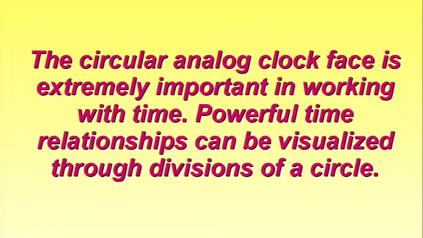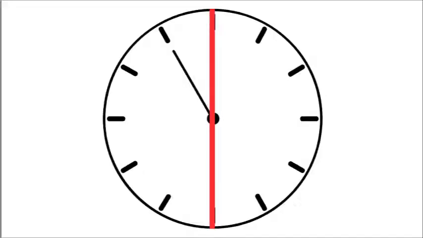Powerful time relationships can be visualized simply by dividing the circle by various numerical integers. Now, this is an incredibly powerful concept. It may seem ridiculously simple to start with, but it becomes increasingly complex, and it is one of the key things that W.D. Gann relied on. So we can take that analog clock face, or any circle. We can leave off all the little hash marks along the side if we wish, but we can simply divide